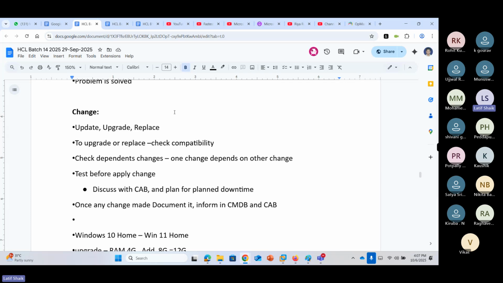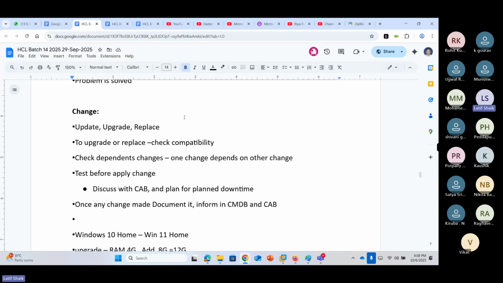Then test the change, in a test environment, and see what the outcome is, and document it.